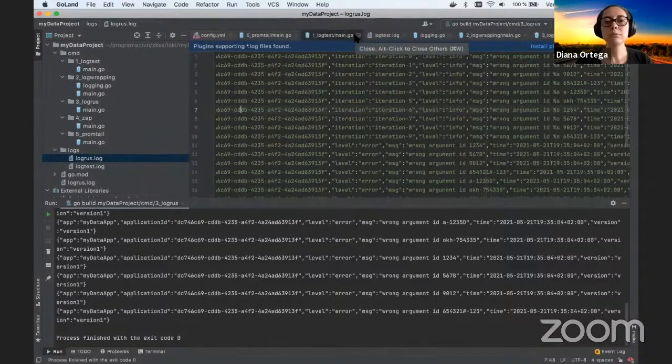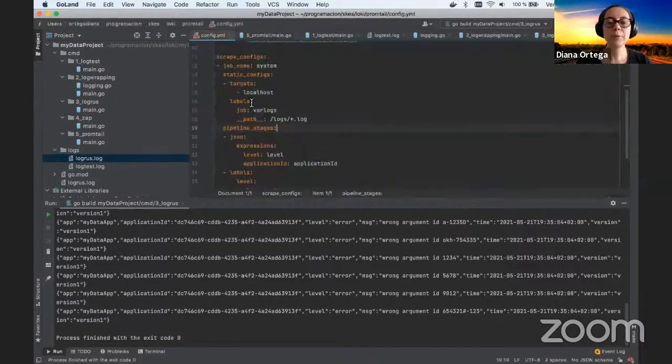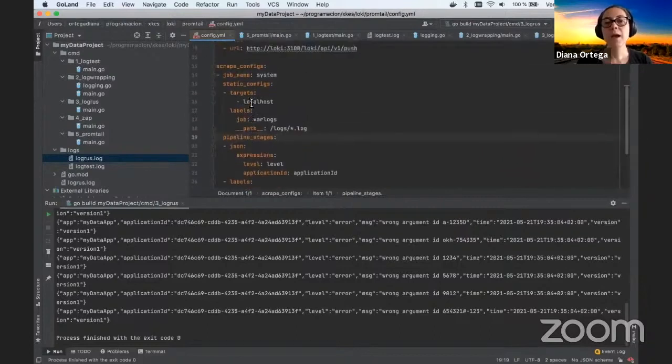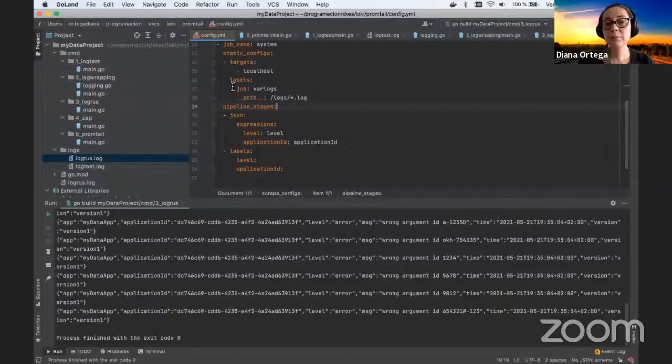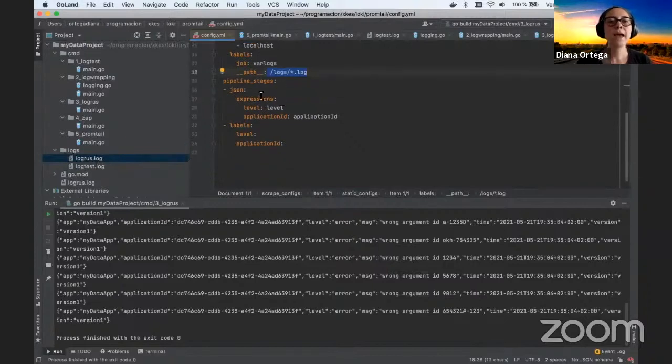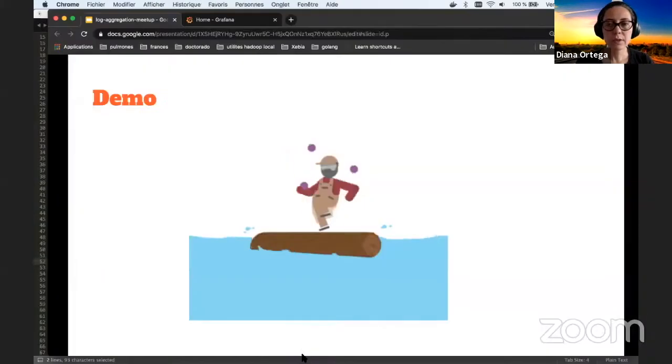I'm going to see if I'm able to centralize those logs. So as I said, I use Promtail. I have here my configuration, my Promtail configuration. It allows me to pre-process the logs. I can add tags, which for Loki are labels. I am adding the tag job: backlogs. The path where I'm looking for the logs is everything ending in log. As I have a structured output, it's a JSON output, I can add some labels from this output, the level and the application ID. So if I show you the Grafana,